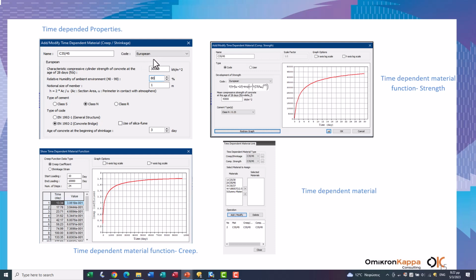Here we have used Eurocodes for creep, here we have shrinkage, and we can also see the time-dependent material function for strength. Then we assign time-dependent materials with these values to each material that we have used.